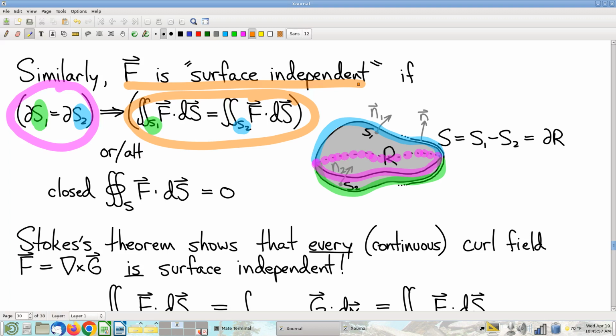Let me rephrase this a little bit, though, and I want to pay careful attention before I do to the fact that I said the word boundary, right? I need both of these surfaces to have the same boundary. Oops, stylus. Got to have the same boundary. Remember, boundary is an oriented thing. So when I say that these two surfaces have to have the same boundary curve,